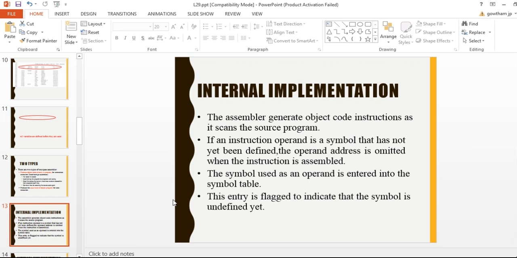This entry is flagged to indicate that the symbol is undefined. Normal scanning will be done line by line. If it encounters any symbol, that symbol will be entered into the symbol table, but the operand field will be omitted and it is marked as flagged, or marked as undefined.